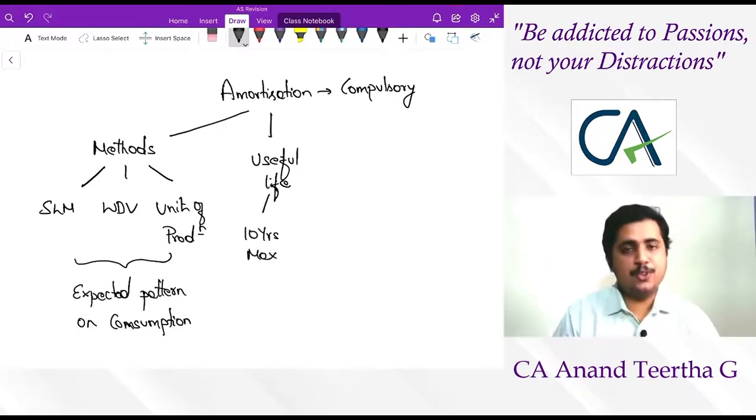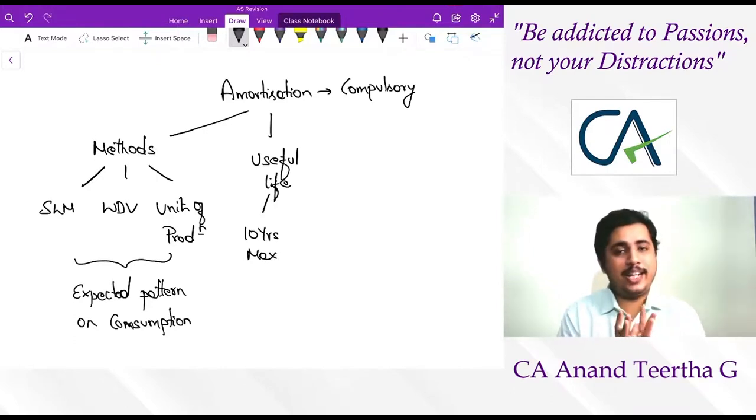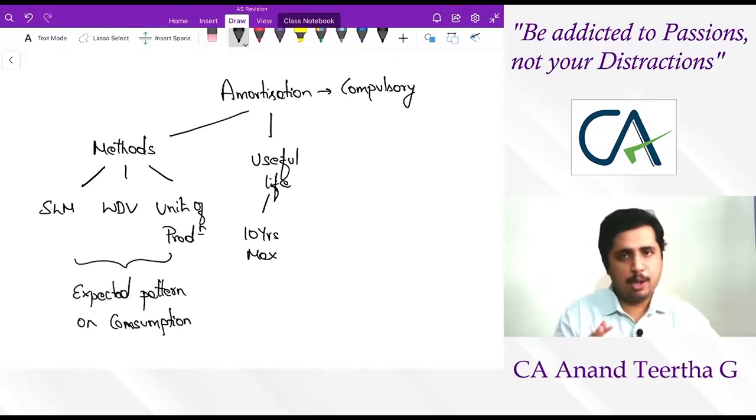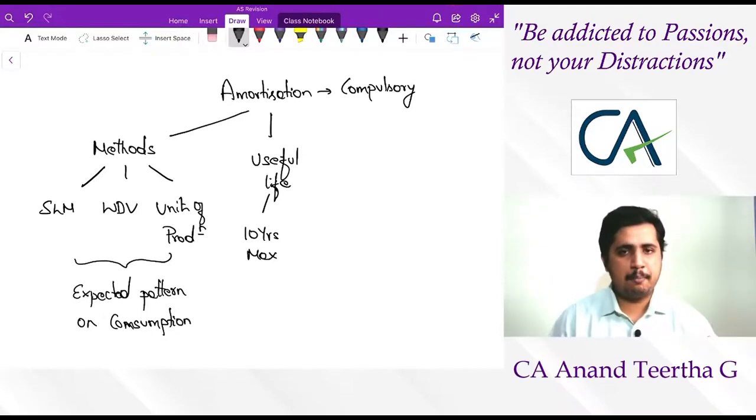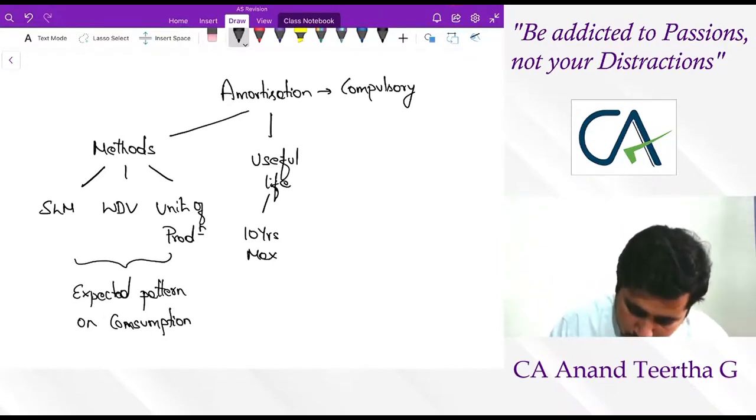The maximum useful life that AS 26 suggests to us is 10 years. If it is below that, then below that only. There is no choice at all. So if the contractual life itself is 5 years, at that time, 5 years only. If you find that it is going for a longer time, but I can't prove it, then 10 years is the time. However, if at all there is a best estimate